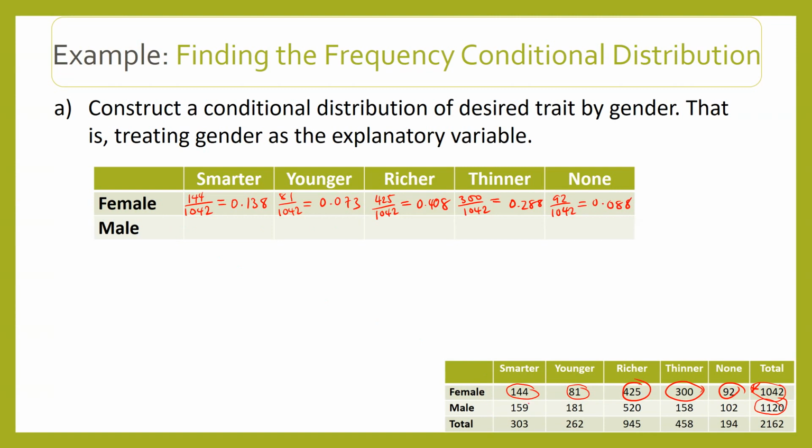Now, when we move to the male, 159, then we are going to consider this one here. We're going to consider this total sum. So that will be 159 over 1120, which will give us 0.142. The next one is 181 over 1120, that will give 0.162. The next one will be 520 over 1120, that will give